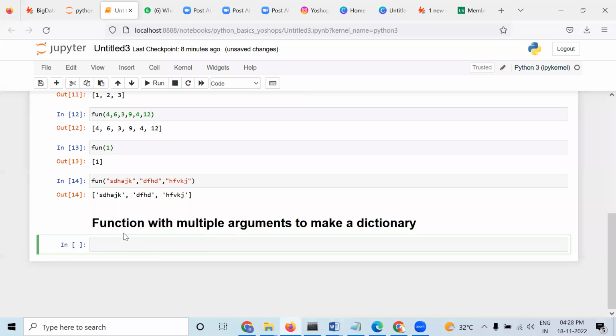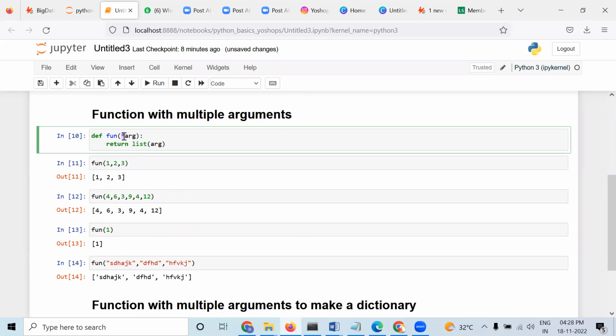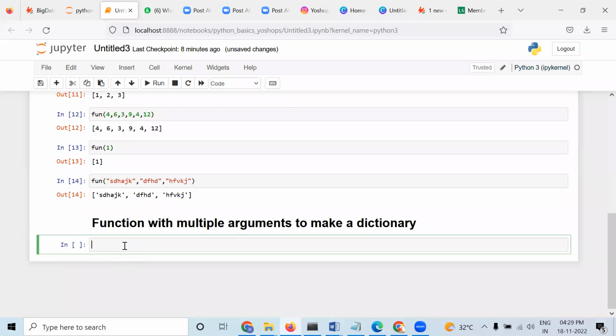Now the next thing is that here we have defined a function with one asterisk. In case of a dictionary, since we need to pass both key as well as value, we will put two asterisks,